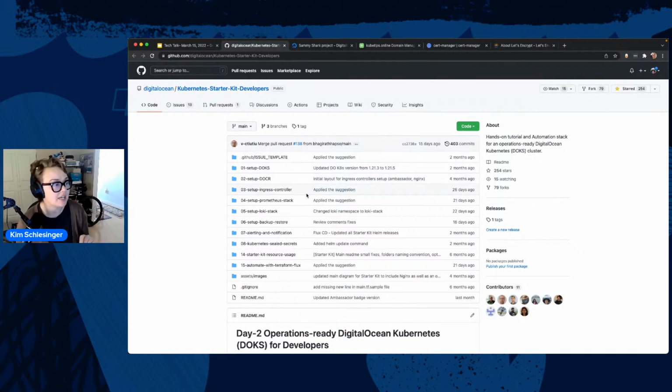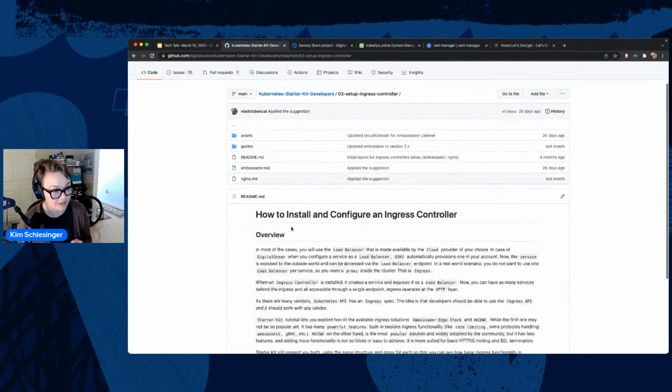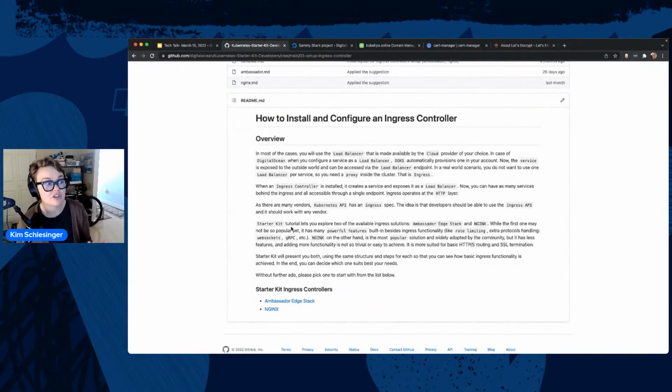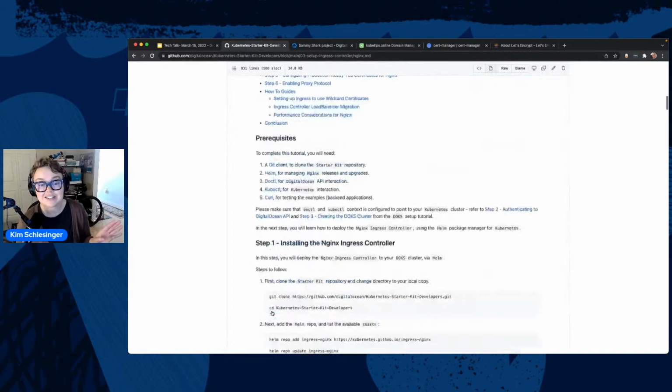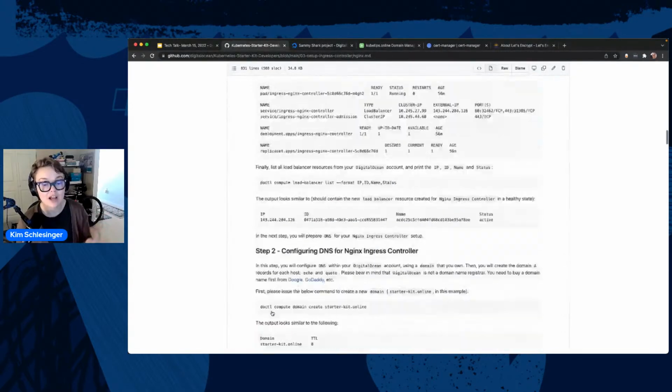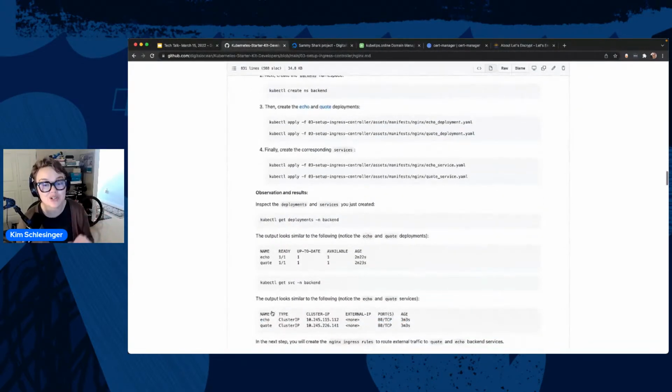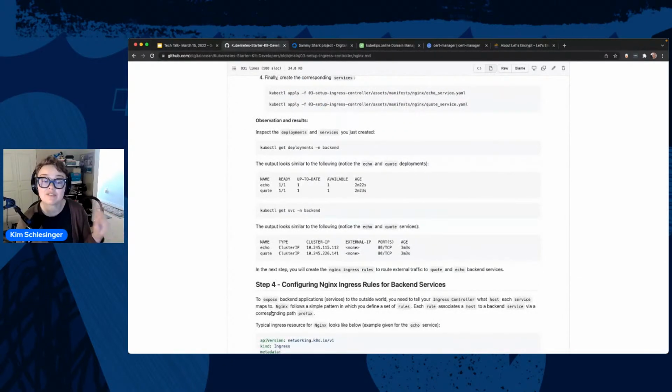And so what we're doing today is chapter 3, and it talks about how to install and configure an ingress controller. And then there are two options in the kit. You can either use Ambassador Labs Ingress Controller, or NGINX. What I'm going to be showing you today is NGINX. So if you click here, this is the set of instructions for what I'm going to show you. So if you want to follow along, do step by step, I recommend following along with this, doing this on your own. I've adapted it and changed it a little bit for this presentation, but this is a wonderful resource.